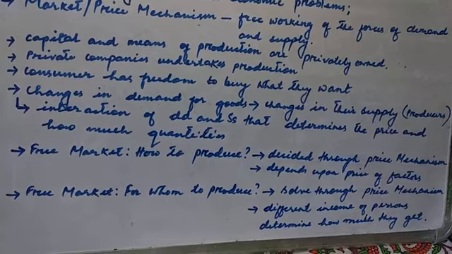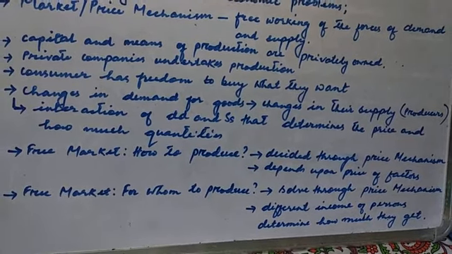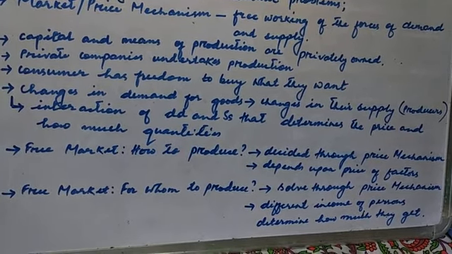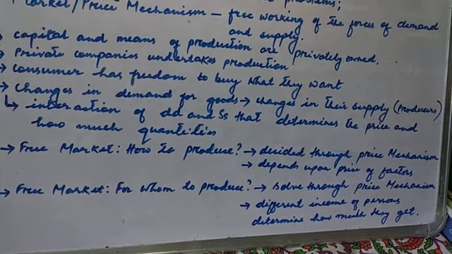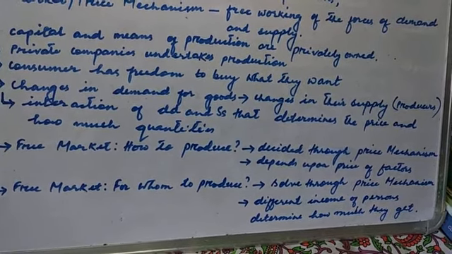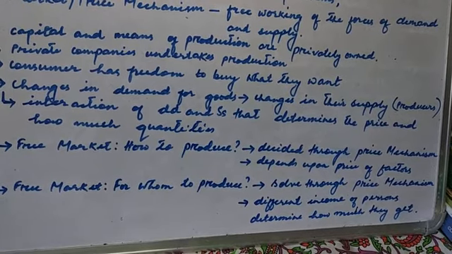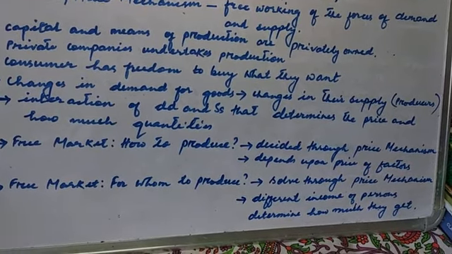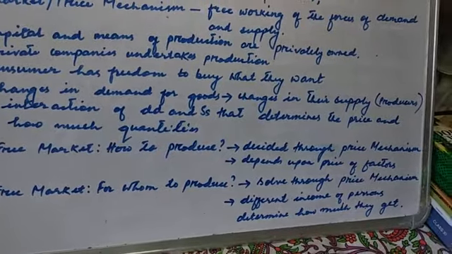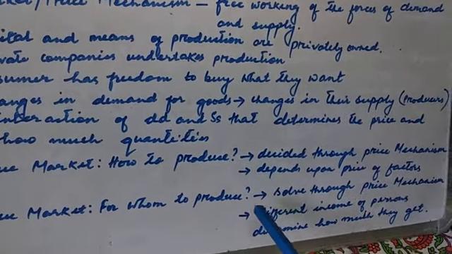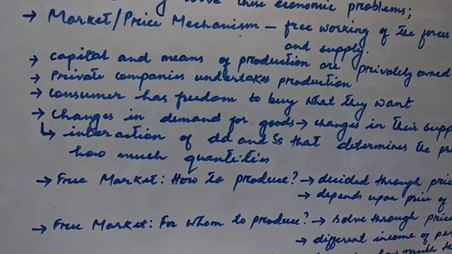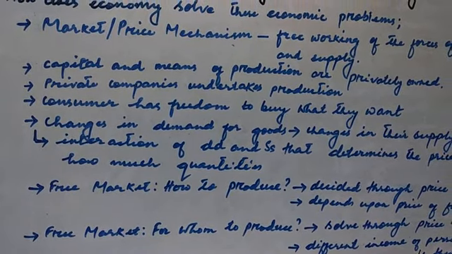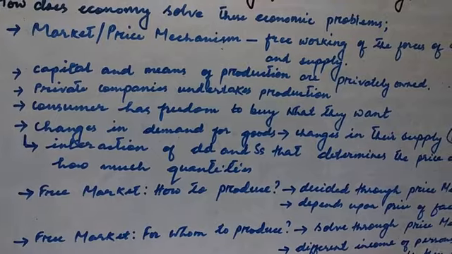Depending upon the level of income, the output is distributed. It is these different incomes of persons which determine the distribution of goods for consumption among the various